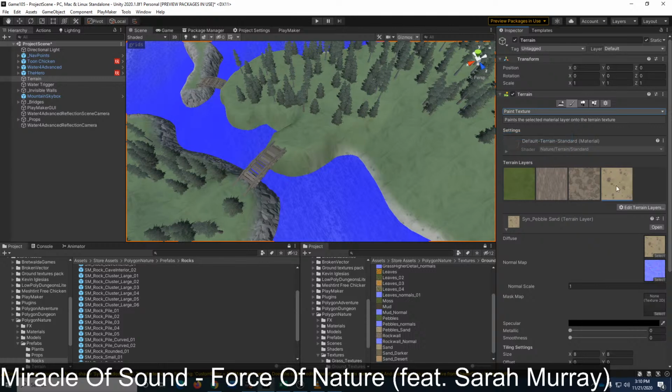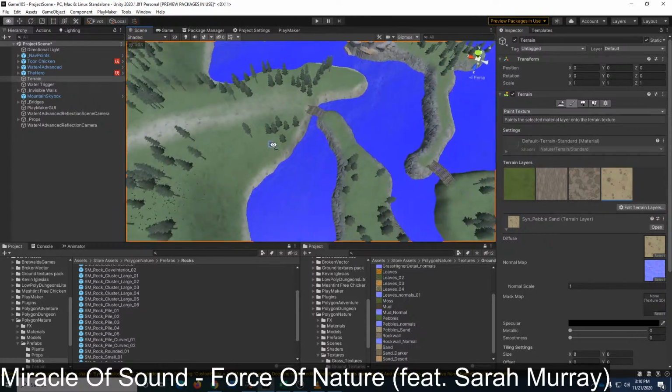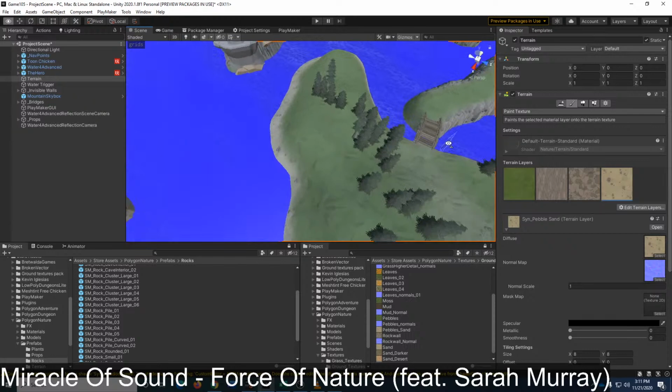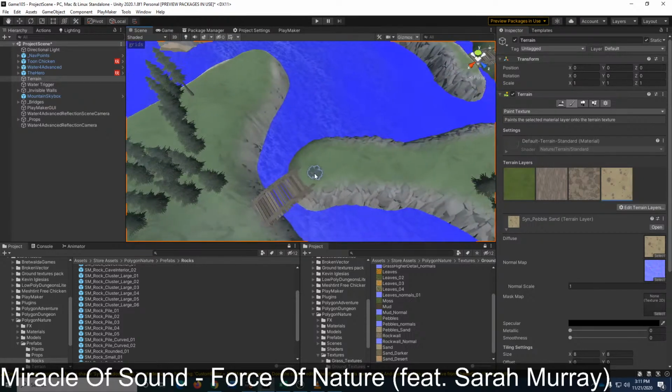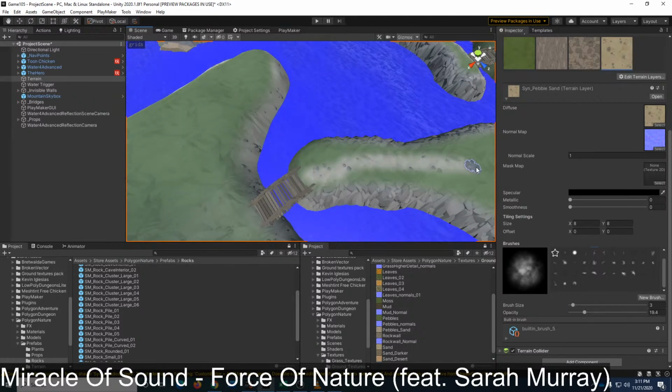Oh, I'm already on paint texture. Could use more terrain layers. I might off camera come back and try to use some more terrain layers. Let's check my brush size and opacity.